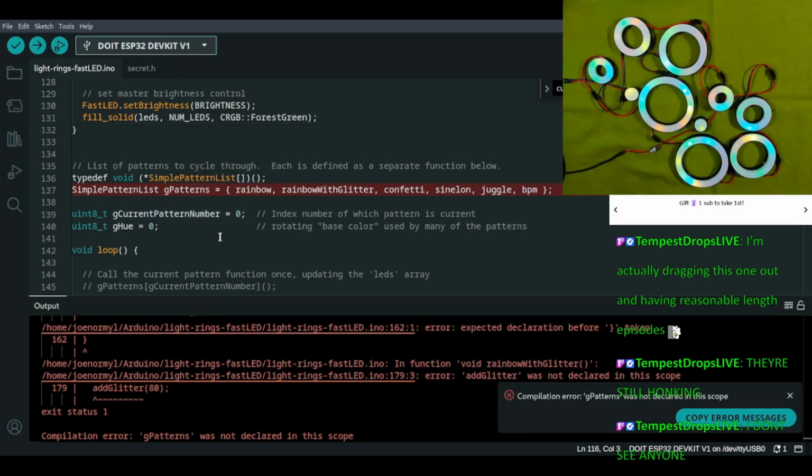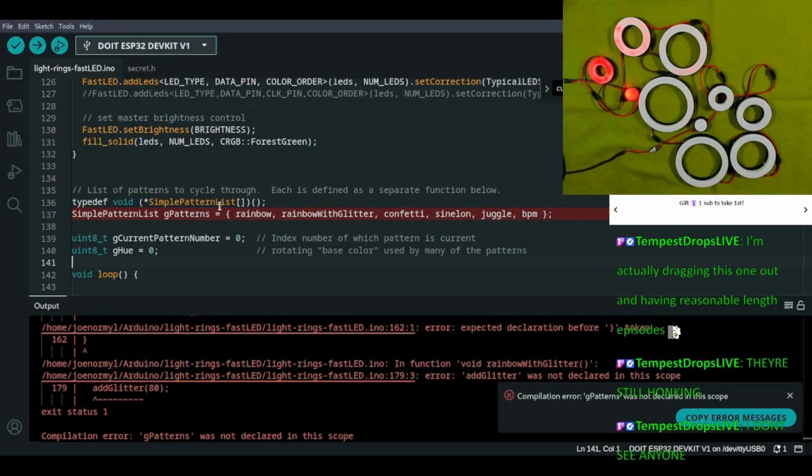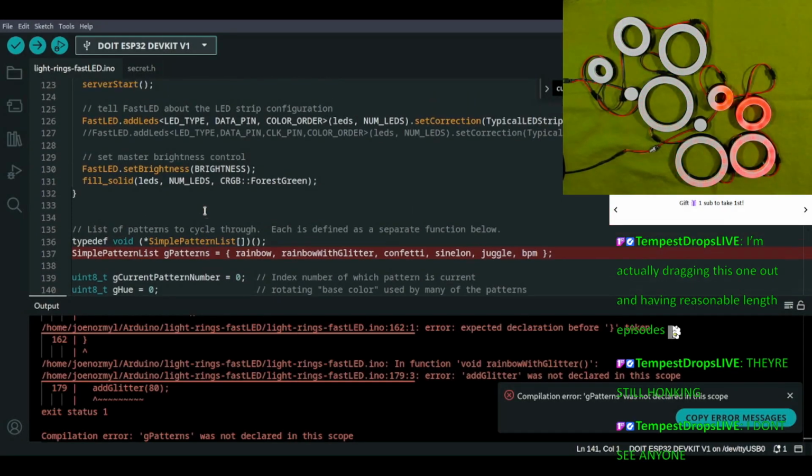You either need to be global or you need to. So it's like a built-in fast LED function.